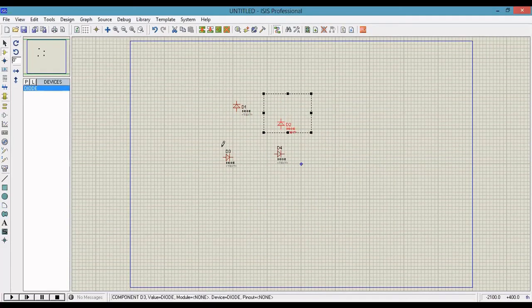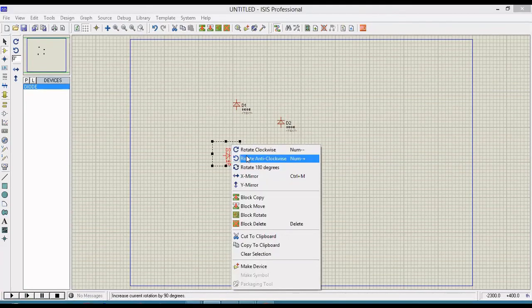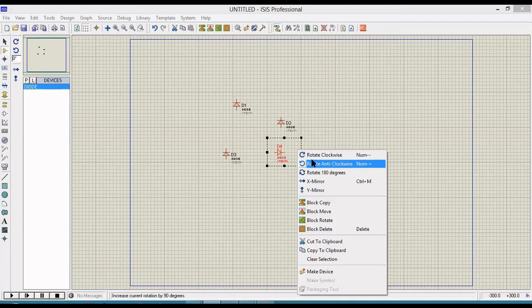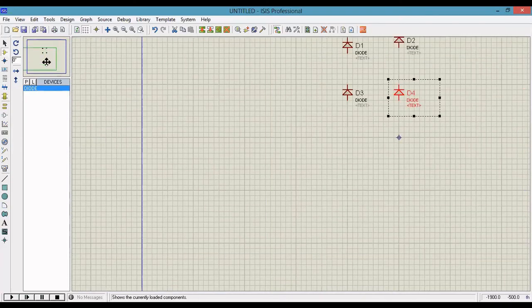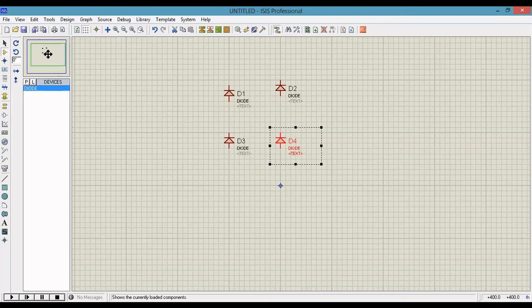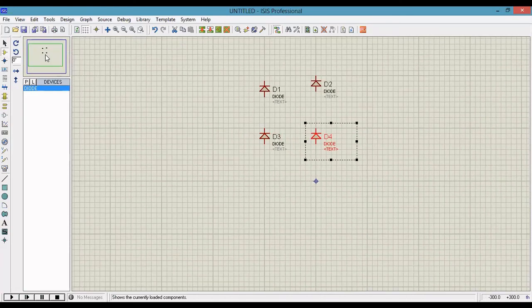I'm going to design the bridge rectifier. There are 4 diodes: D1, D2, D3, D4.